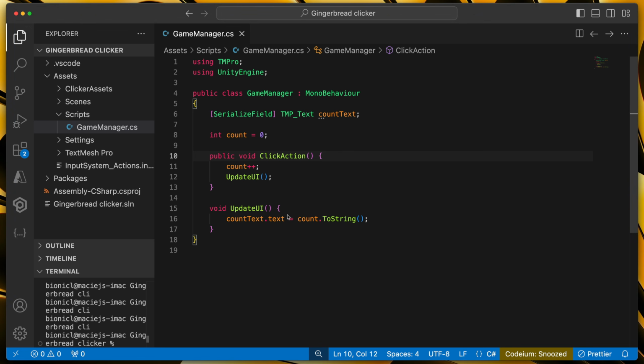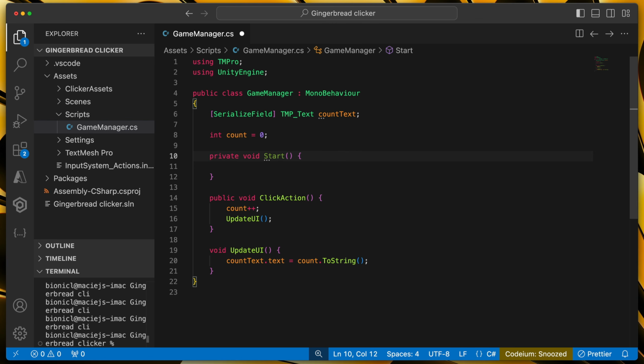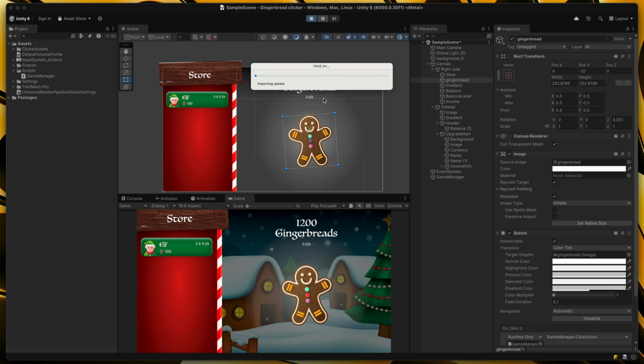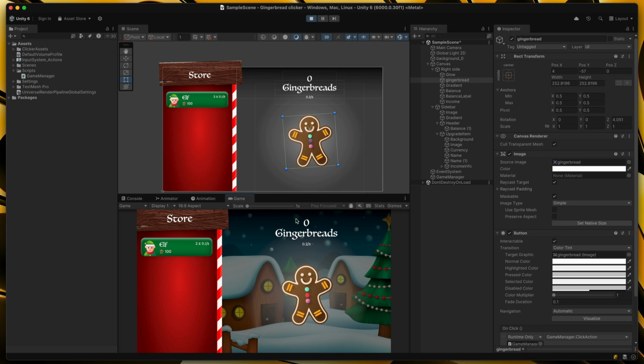To fix that, we can use our UpdateUI method at the start of the game. So I will use the Start method, which in Unity is triggered whenever this component is being loaded, and here I will just call UpdateUI. Now after this change, when I start the game, you can see that we no longer have this placeholder, but gingerbreads are reset to 0. The second thing I'd like to tackle is